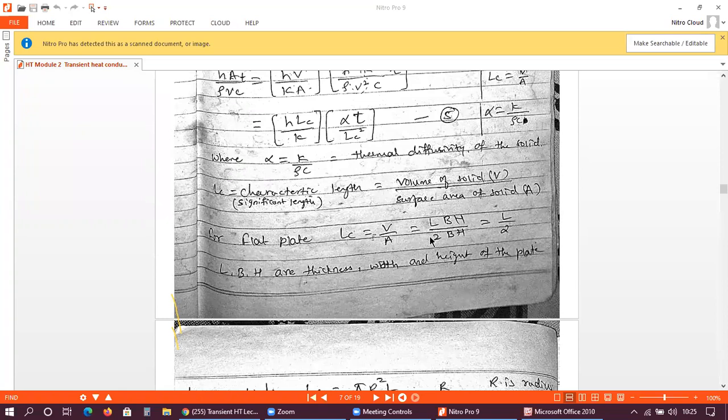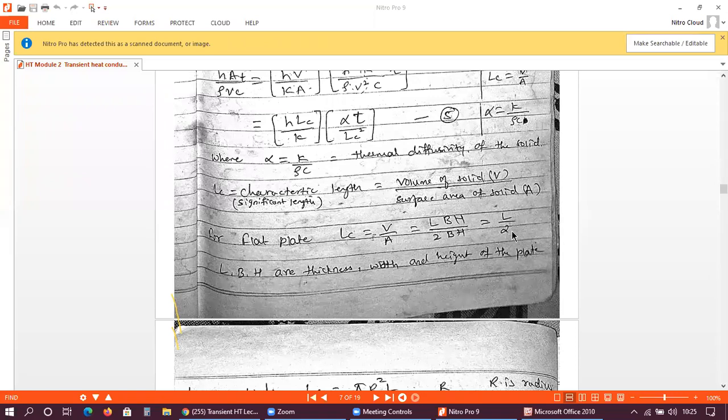Yes, sir. So here the heat transfer is taking place from both sides, the upper part as well as the bottom part. If your mobile is a flat plate, heat transfer will take place from the screen side and from the back side of your mobile also. So for a flat plate you have to remember this: if you simplify, you will get L by 2 as the characteristic length.